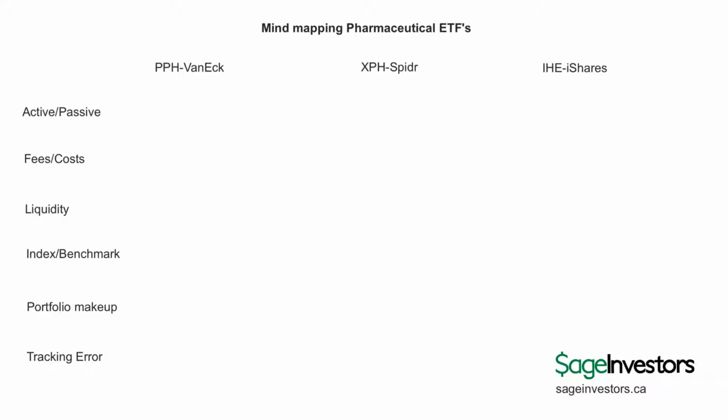The first criterion I'm going to look at is whether it's actively managed or passively managed. Is it just following a traditional third-party index, or is it being managed by a bunch of people who are actually doing the analysis and picking stocks? The Van Eck is an actively managed portfolio. They have about 25 stocks in the portfolio. When I looked at their costs in terms of fees, they charge an MER of